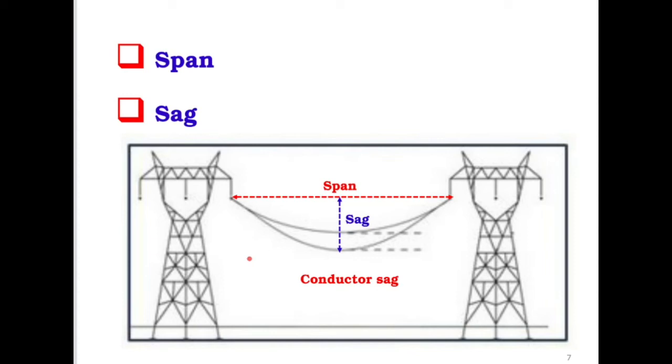So when we do so, we want to reduce the cost of installation. If we want to reduce the cost of installation, the first thing that will come to our mind is to reduce the number of transmission towers by increasing the span. Is that clear? We want to reduce the cost of the transmission line. The first thing that will come to our mind is that we cannot reduce the length because it's from Cape Town to Drakensberg or Cape Town to Durban. We cannot reduce that length. But what we can reduce is the number of tower structures.